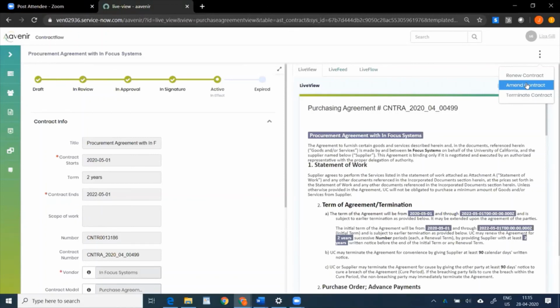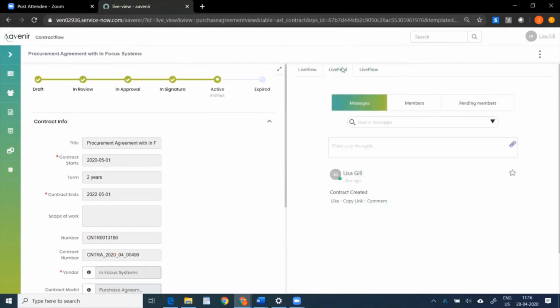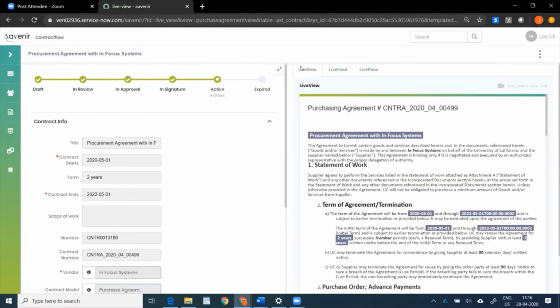So that is what I wanted to go over as far as the product demonstration is concerned today. There are a lot of other things to cover, like the request flow. How would a normal employee request a contract? How will the contract manager and the requester go back and forth for more information, or a third party paper or a live feed? How do you collaborate within your employees in a chat system? All these things, a lot of other things that we need to cover.